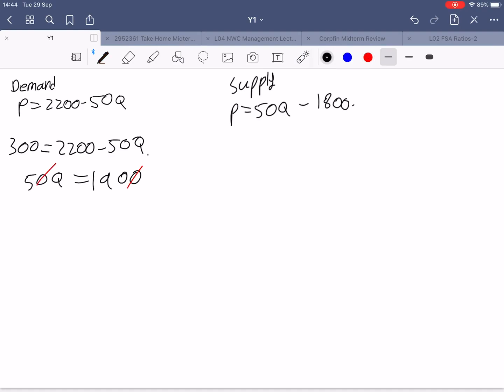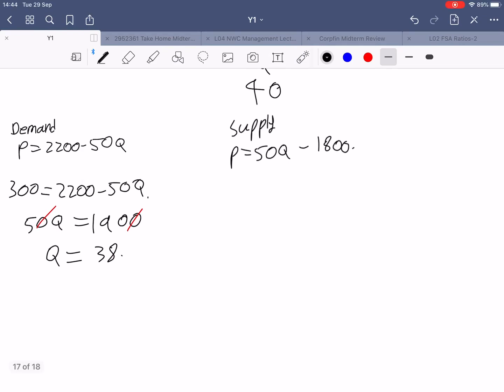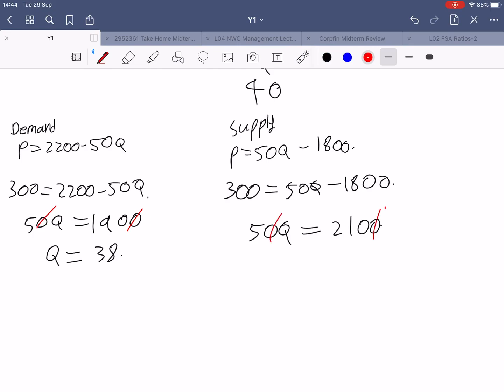So Q is going to be 38. And for the supply curve, it is 300 equals 50Q minus 1800. So it is going to be 50Q is equal to 2100. So Q is going to be